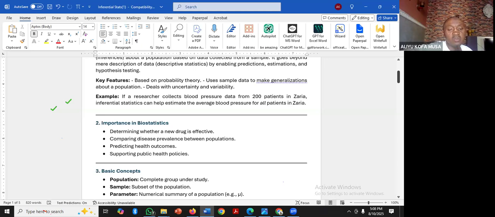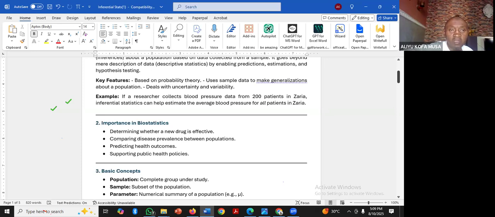So it's all about what? Trying to assist you to make what? Estimations, to make predictions, and to test hypotheses. These are the key things. It's unlike the case of descriptive statistics, where it is telling you which one is the highest, where is the median, what is the standard deviation of the values from the mean, what is the variance. That one is just describing,